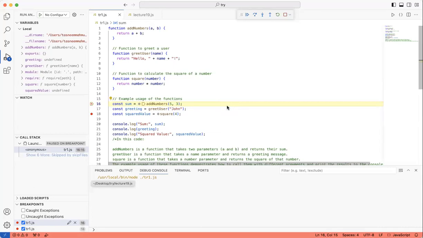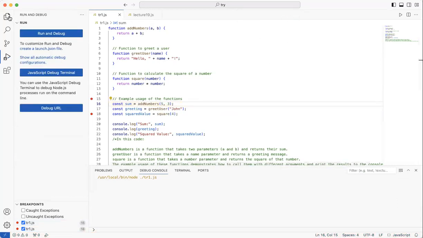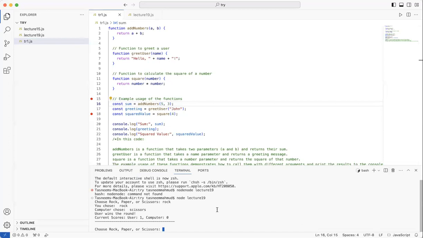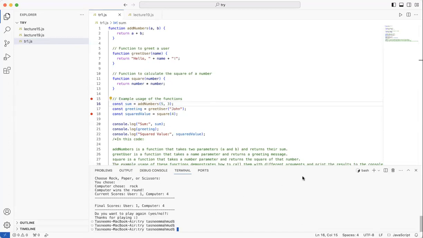But now, before, when we used to debug, what did we do? For example, if we want to see what the value of sum is, we kind of just console.log and display it on the terminal, correct?